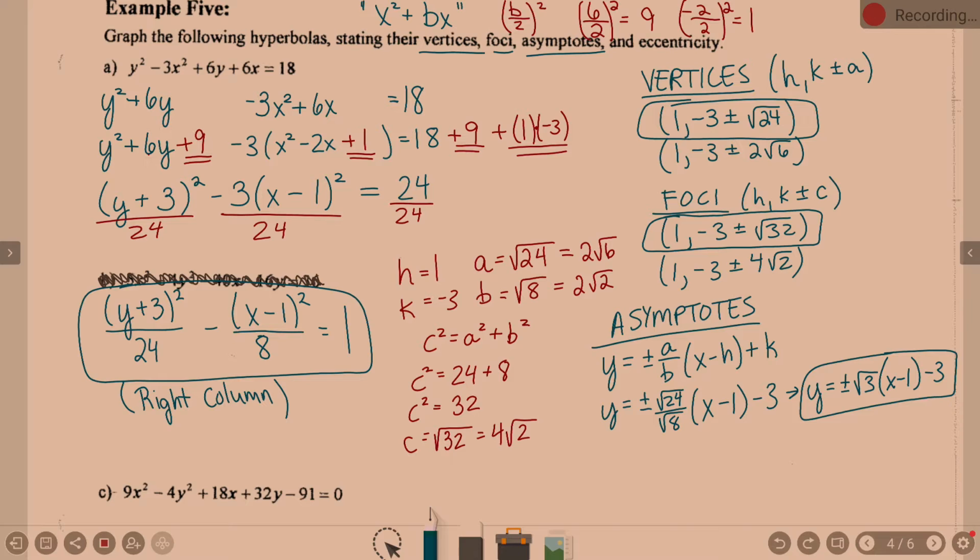Are we okay with asymptotes? I'm going to pause there for a moment because that's not something we've been doing every time. Foci, vertices, that's a piece of cake by now, I think. I hope. Realizing I kind of went through asymptotes quickly, but it's similar. You plug in the a, b, the h, and k. It's not anything fancy. We've got one more piece we're asked to find, and that is